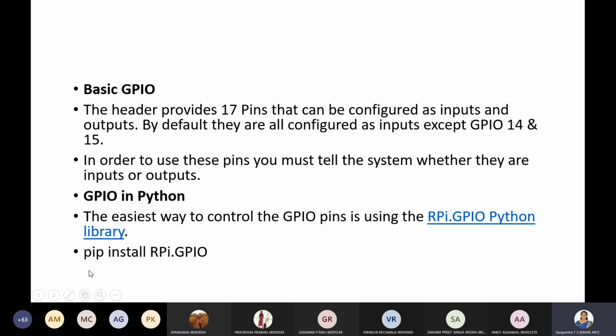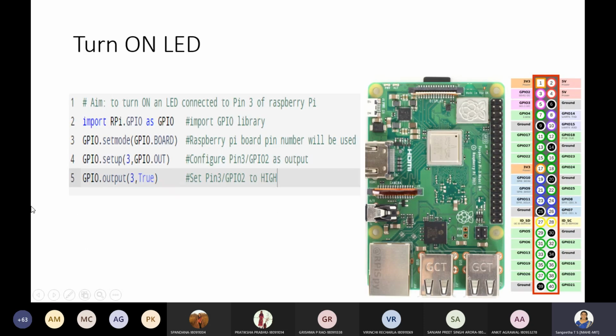In the terminal you have to execute this command so that the library corresponding to GPIO gets installed into the machine, and later, whenever you're writing your program, you can work with whatever functionalities are defined in this library. You can do a lot of operations using that. So use pip install RPi.GPIO, and the library files will get installed.